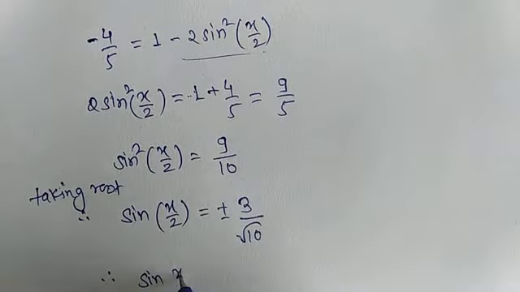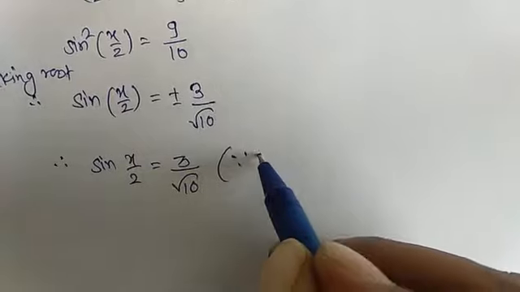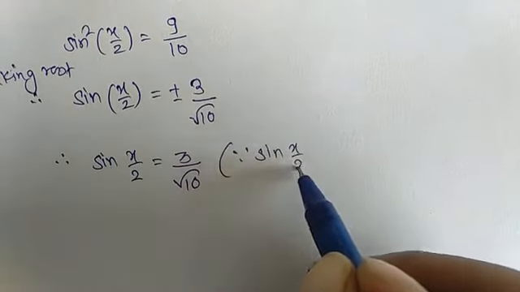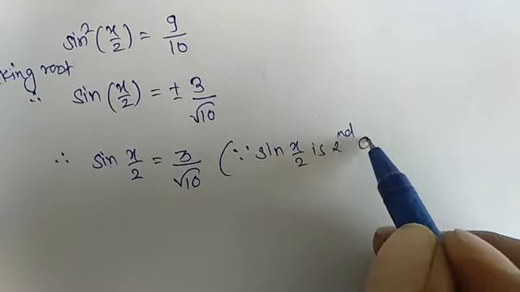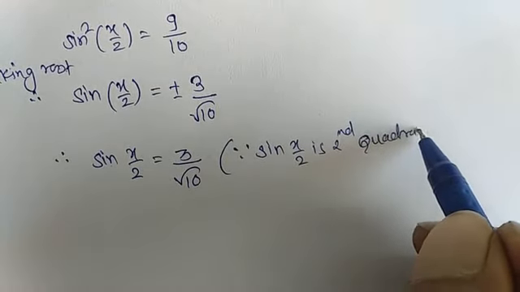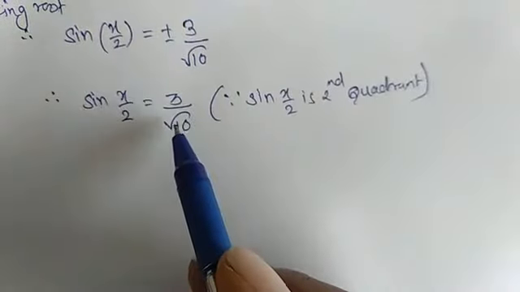Sine of x by 2 is equal to 3 upon square root of 10, since x by 2 is in the second quadrant. Now again,